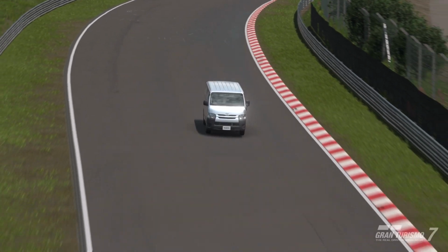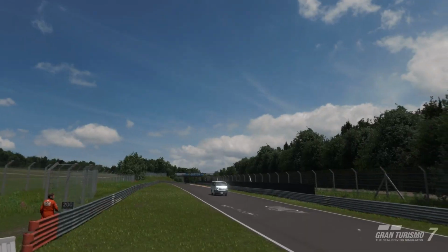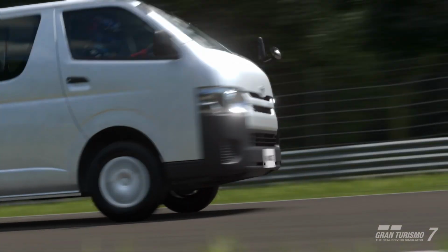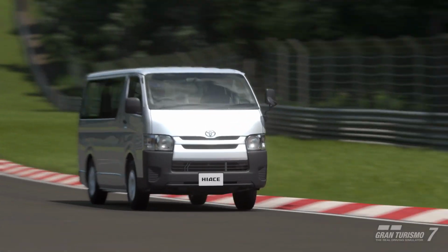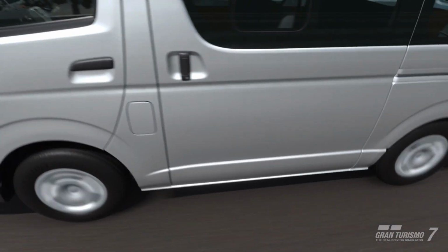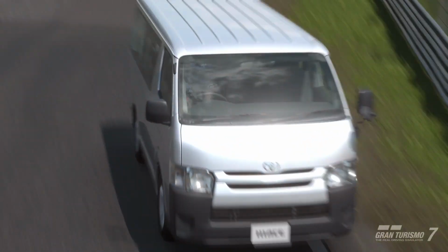In fact, it's rather quite normal to see something pretty mundane get turned into an absolute beast and then thrown around different tracks around the world. It's just the Gran Turismo norm. They kicked it off with the likes of Gran Turismo 2 and some of their weird and wacky used cars